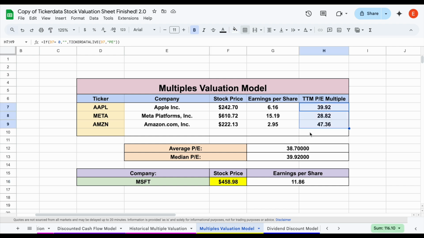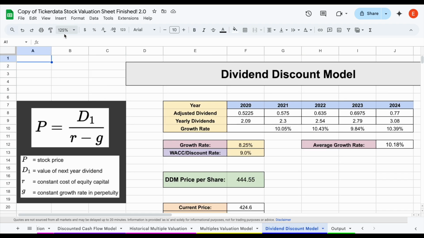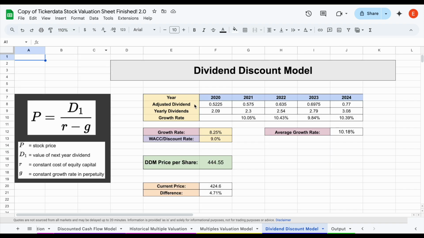So now we have 4 of our 7 valuations, and the next one we're going to look at is actually one of my favorites if we're looking at a dividend-paying stock, and that's because we're going to be looking at a dividend discount model, and it's actually somewhat similar to the discounted cash flow analysis. Instead of valuing the company based on their future free cash flows, we're actually going to value the company based on their future dividend payments.